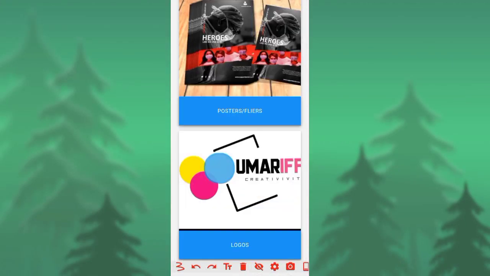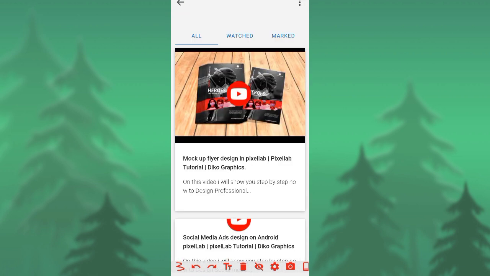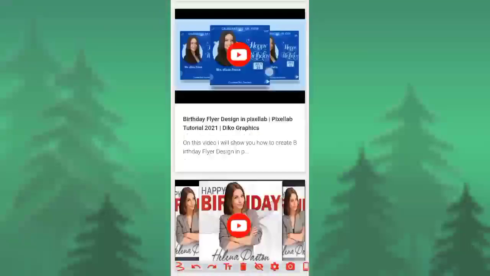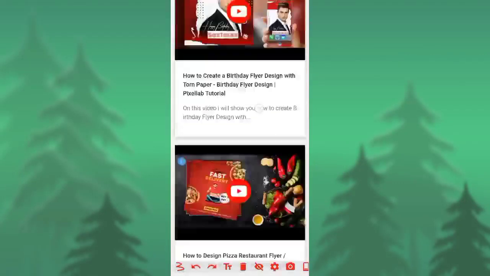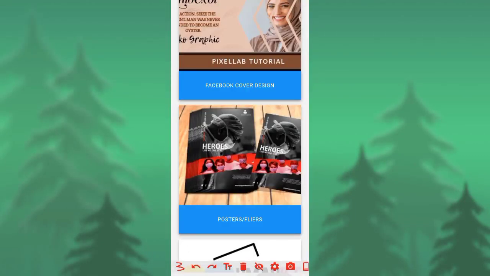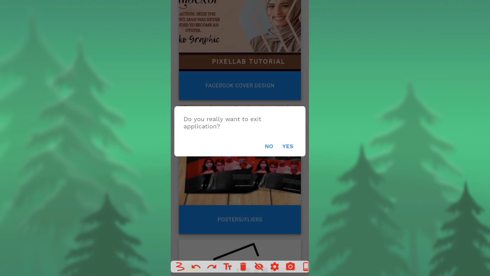So you can download. I will post the two links, and see poster and flyer design. So when you want to access all my flyers and poster designs, it is all there indirectly. So these are the two apps which I decided to